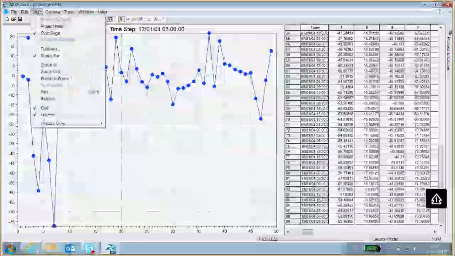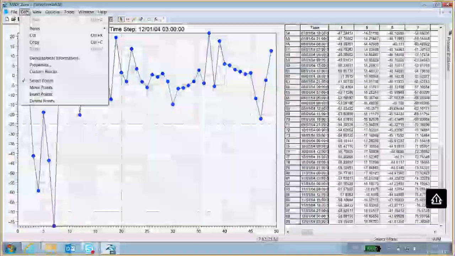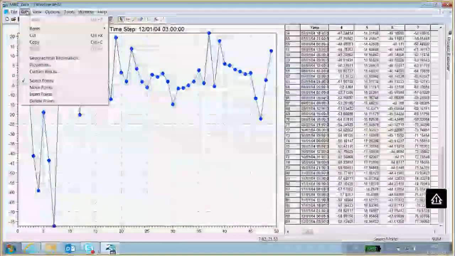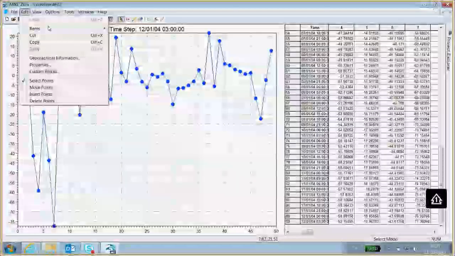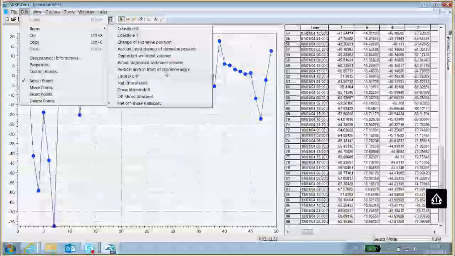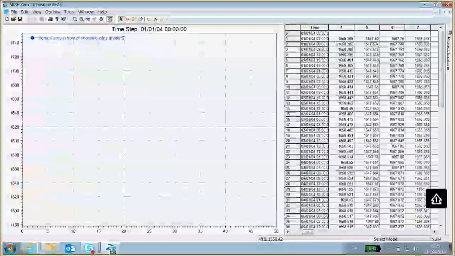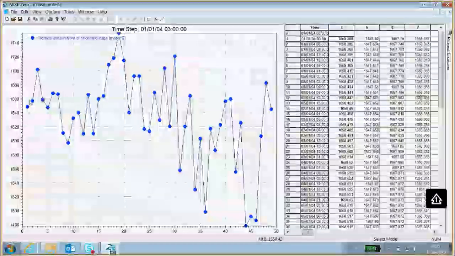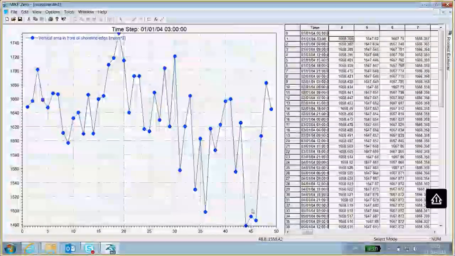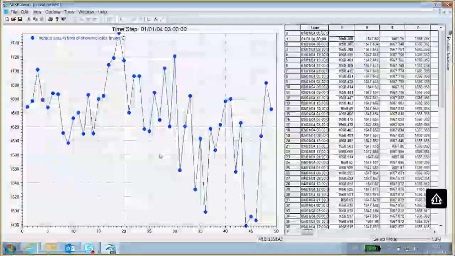So is that a large number or not? Well, that depends on the area over which this 75 cubic meters is distributed, and that area is called the vertical area in front of the shoreline edge. If we look at that area, you can see it is between 1500 and 1700 square meters.